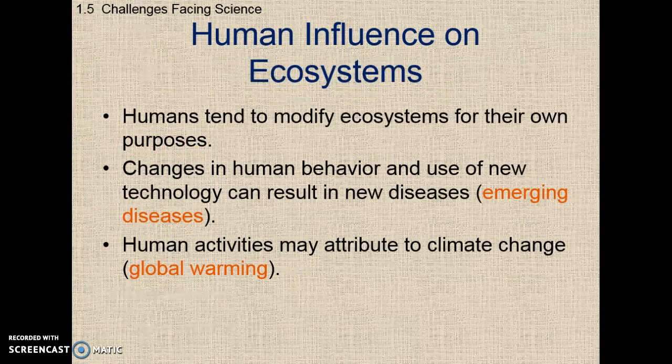Then you have to think about human influence on ecosystems, to modify ecosystems for their own purposes, good or bad, who knows? And to think about emerging diseases, to think about climate change, global warming. What do we do